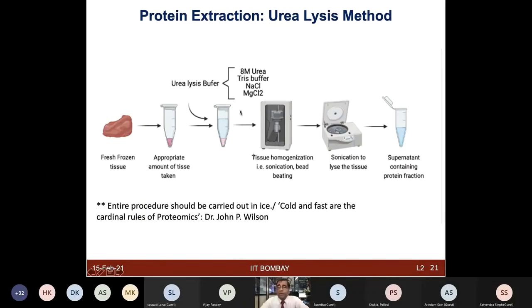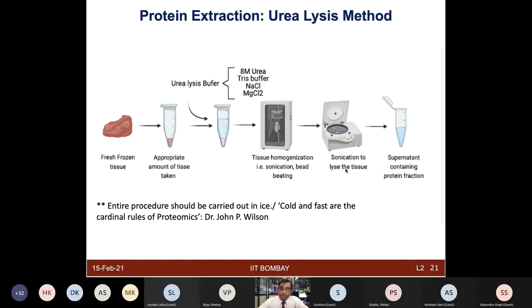Now, in that you can add the urea lysis buffer, which contains 8 molar urea, Tris buffer, sodium chloride, magnesium chloride. Then homogenize the tissue with the sonicator and bead beating, followed by a centrifugation step, and then you can collect the supernatant which has your protein, and that can be taken forward for the next steps